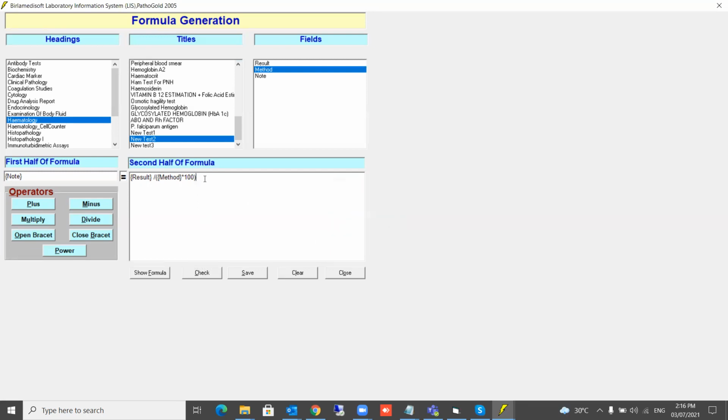Now see, if I don't define this thing, it will give me the error. There is an error in the formula. So it's a beautiful feature, it will indicate that there is some error. So my parenthesis is not closed. So this is the way. It's a beautiful feature which is there. Now we have defined that note is equal to result divided by method multiplied by 100. Okay. Now let's save this